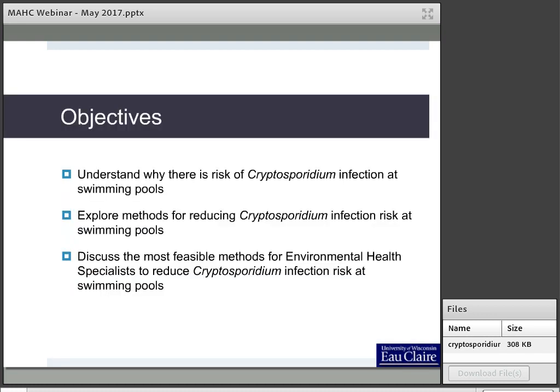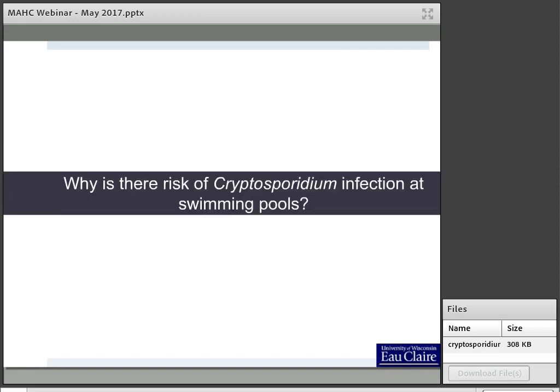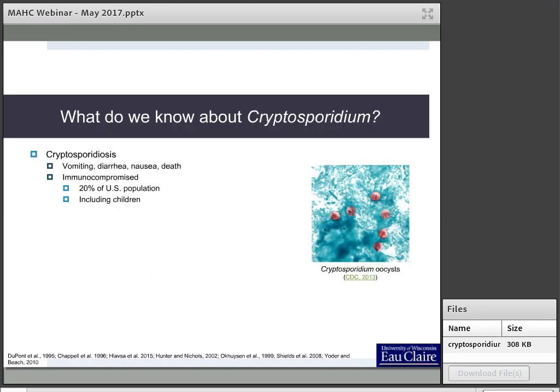The specific objectives of the presentation: first, we'll talk about why there is risk of Cryptosporidium infection at swimming pools. Then we'll explore some broad methods for reducing Cryptosporidium infection risk. And then I'm going to discuss the most feasible methods for environmental health specialists to reduce Cryptosporidium risk at swimming pools. We'll start by talking a little bit about why there's a risk of crypto infection and what exactly Cryptosporidium